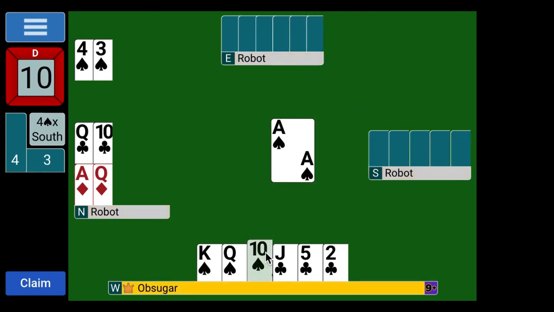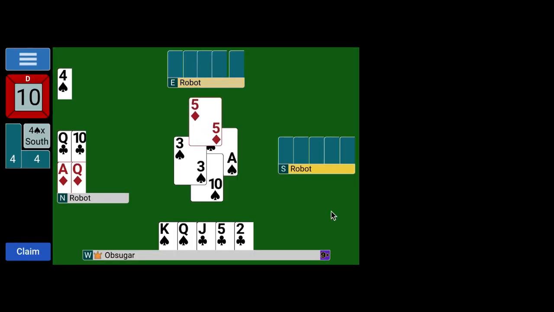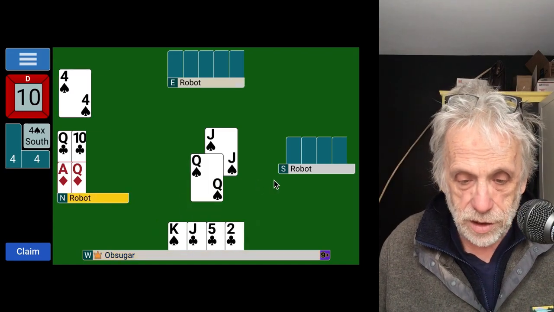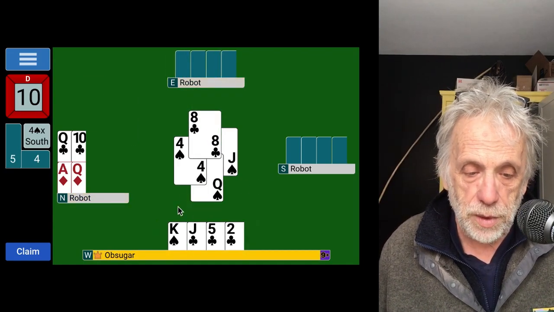And there's the ace, and we have the top 2 spades. He finally gets the bad news. We get 2 more spades, and we set them 3, vulnerable and doubled. 2, 5,